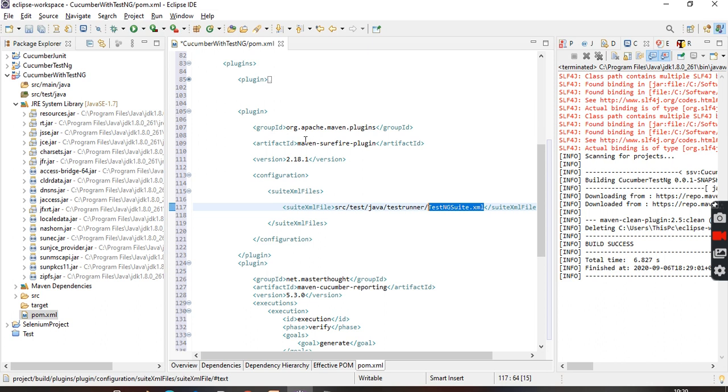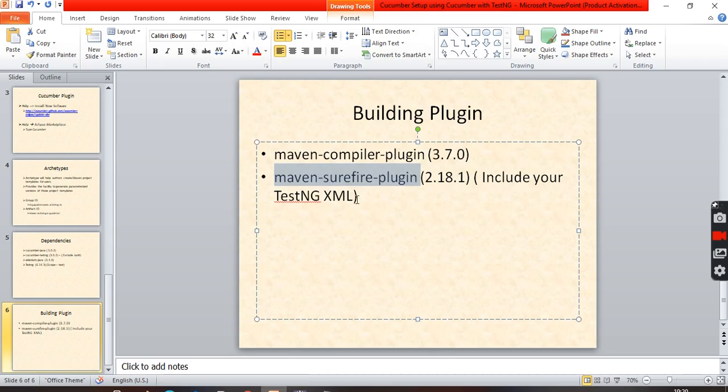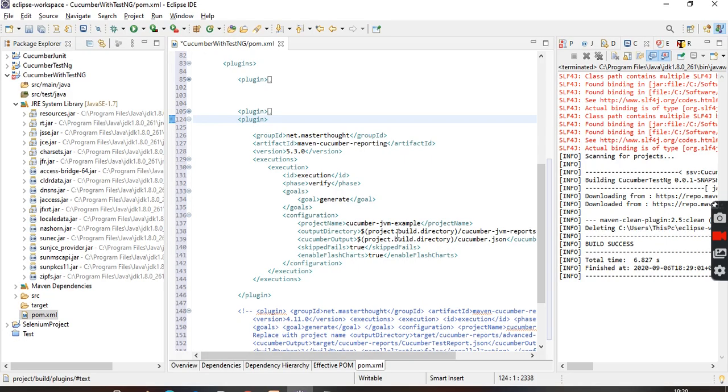So okay. Whenever we are running this particular Maven, this Maven will look for this particular testengine.xml. In the testengine.xml, whatever class file you mention, it will refer to the class file. From the class file it will go to your test case and it will be running this. Okay, so this is what the Surefire plugin is about. Again, boss, you just mentioned only two things. What about the third thing? The third thing is nothing but your